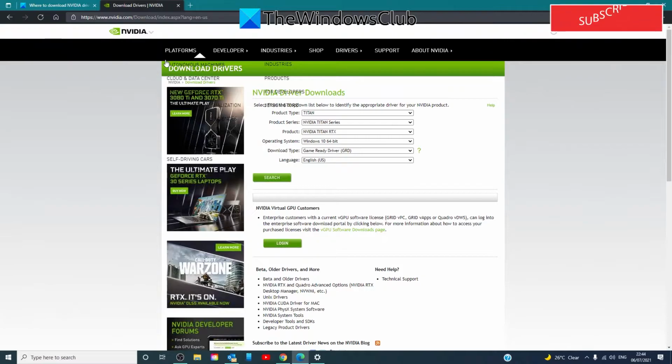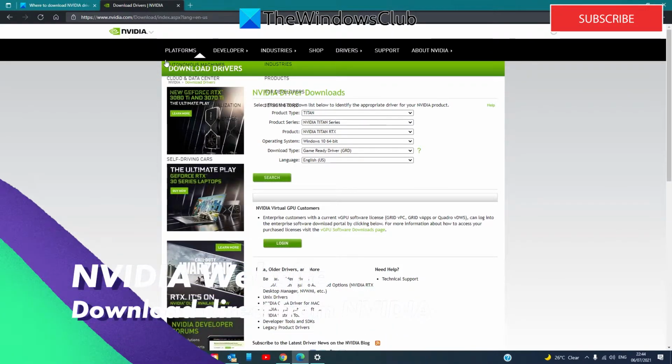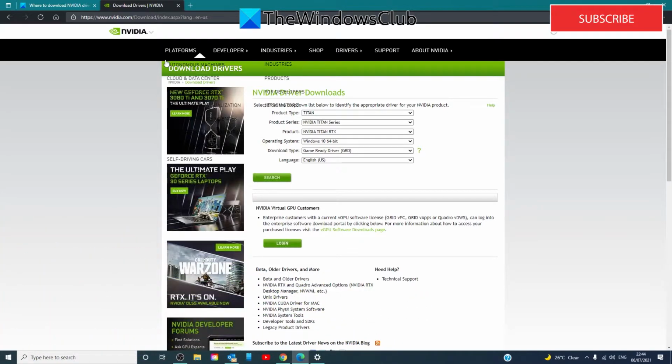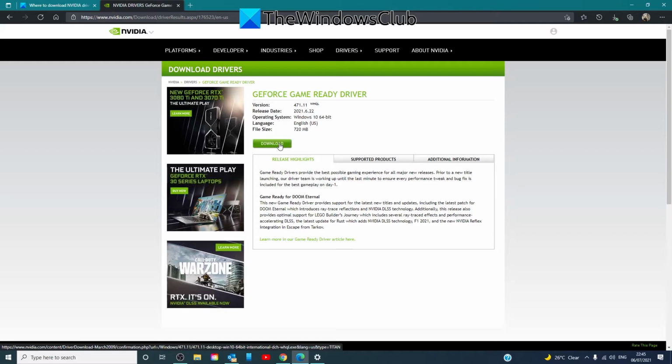If you're wanting to download NVIDIA drivers directly from the manufacturer's site, which is a pretty good idea, head over to NVIDIA's website. NVIDIA has a nice setup where it will detect what system of NVIDIA driver you already have in it, and it will search for the latest and best driver for your system. Simply click on download and you're ready to go.